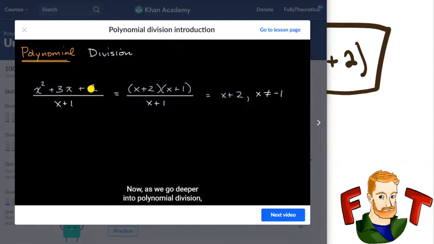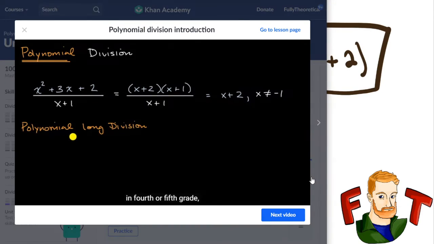Now, as we go deeper into polynomial division, we're going to approach things that aren't as easy to do purely through factoring. And that's where we're going to have a technique called polynomial long division, sometimes known as algebraic long division. And if it sounds familiar because you first learned about long division in 4th or 5th grade, it's because it's a very similar